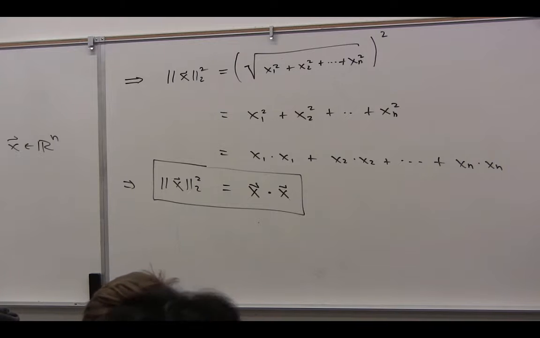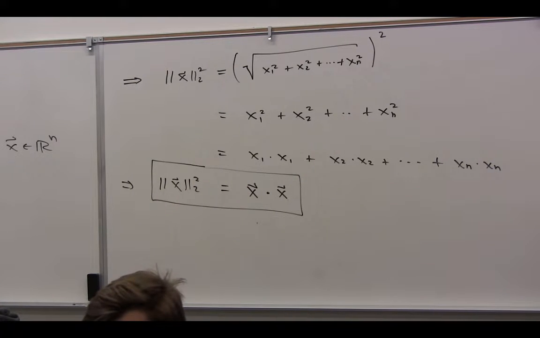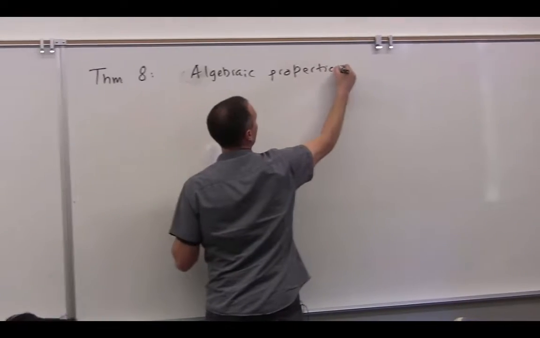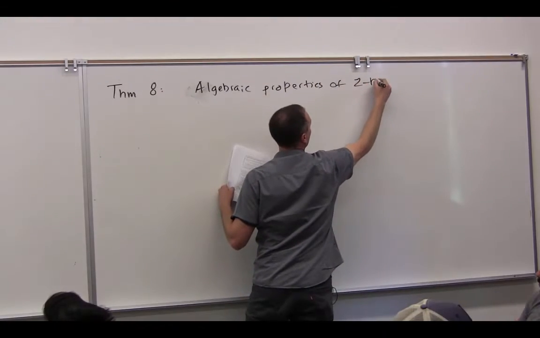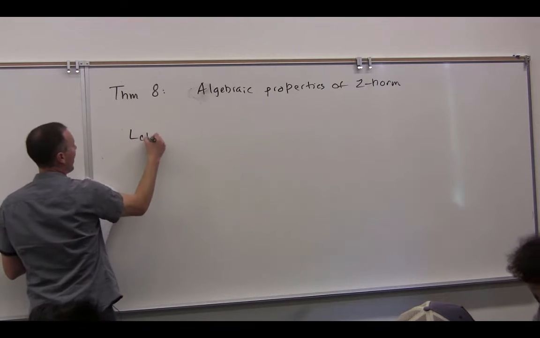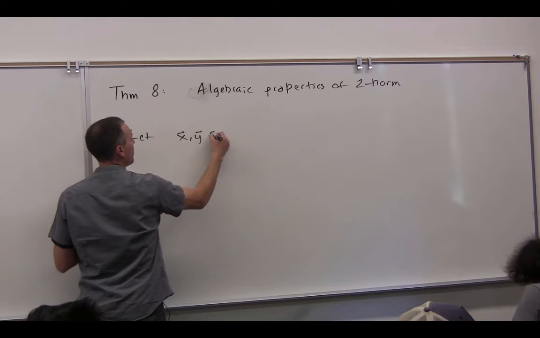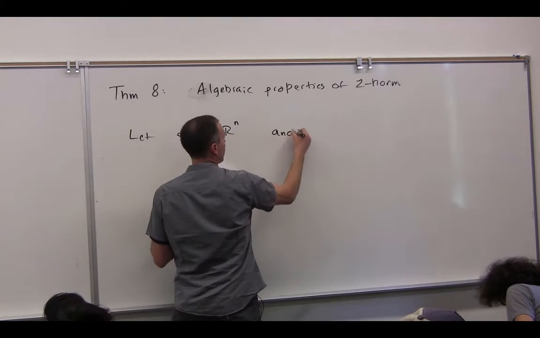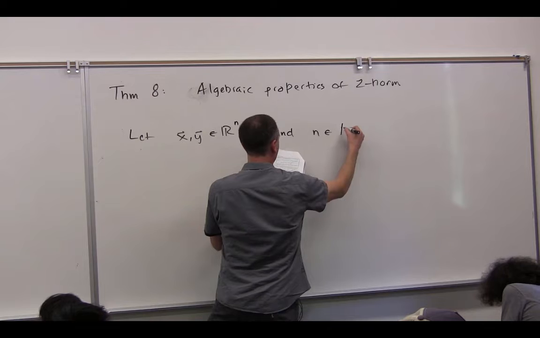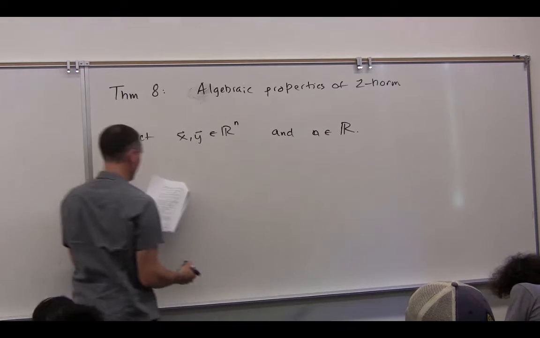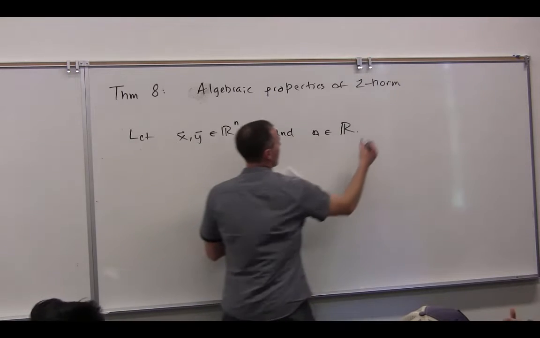So we're going to now talk about what we call algebraic properties of the 2 norm. So we'll let x and y be an element of Rn, and we'll let a be a real number. Then,